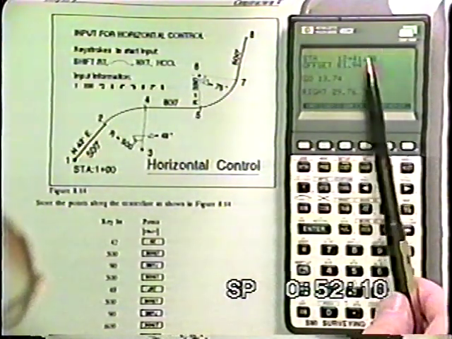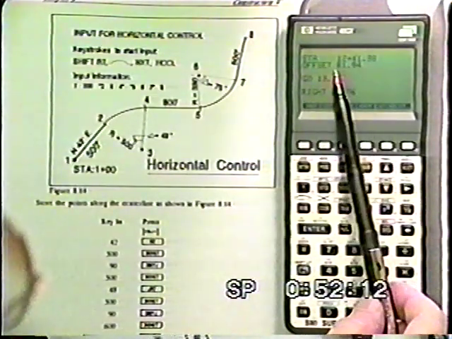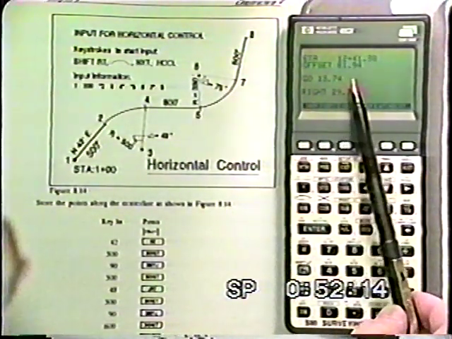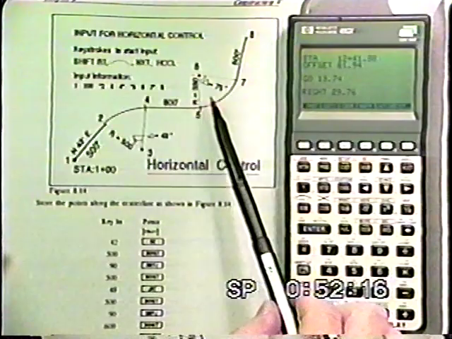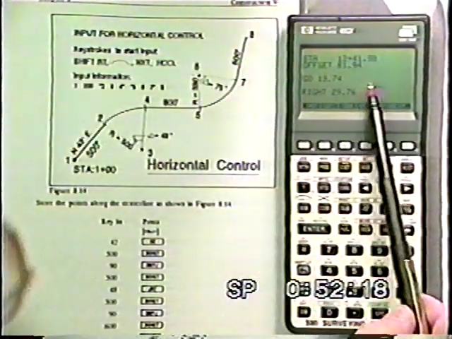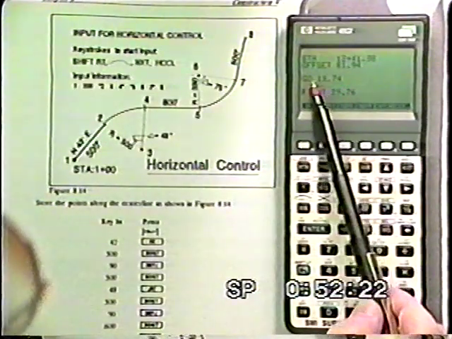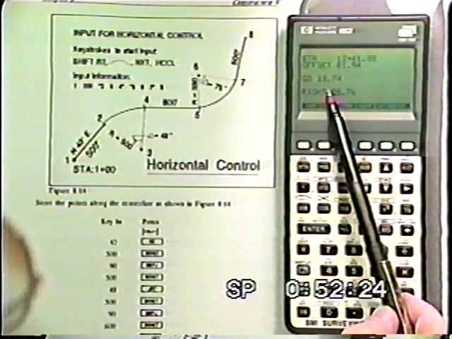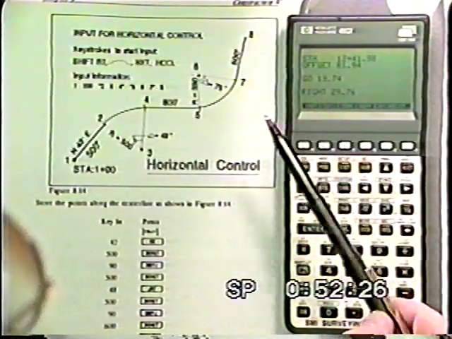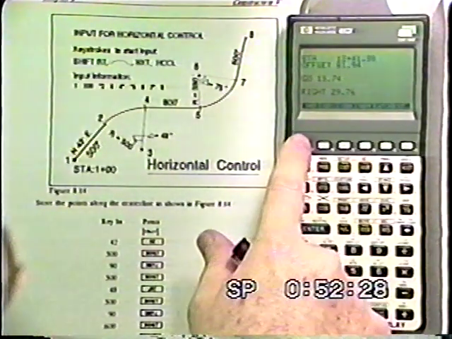Wherever you take a shot, it'll give you the correct station and the correct offset for that point that you're at. This go and right business here only will relate to the last point that you tried to take a